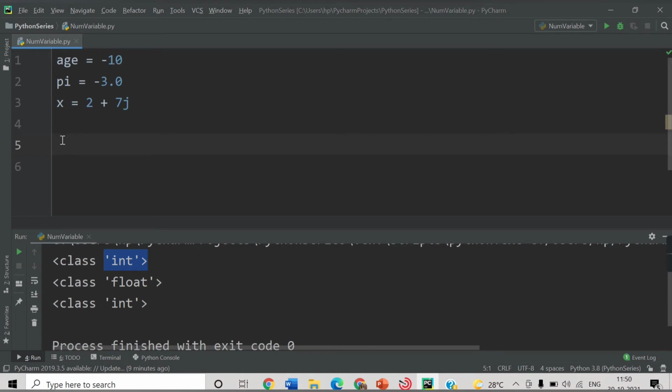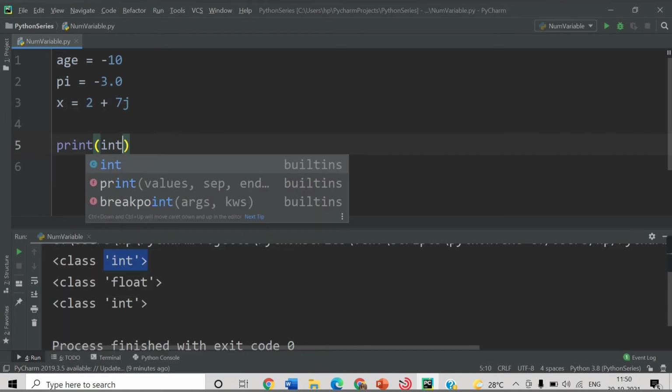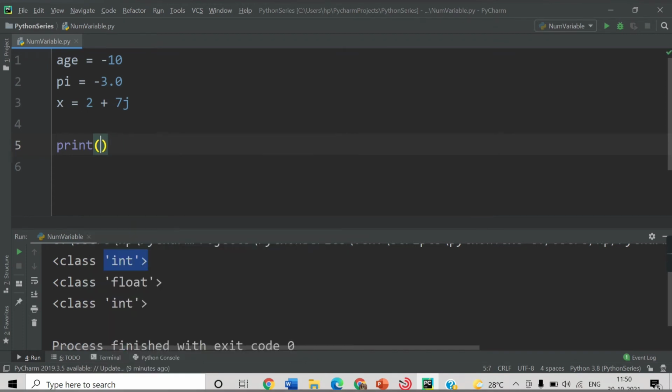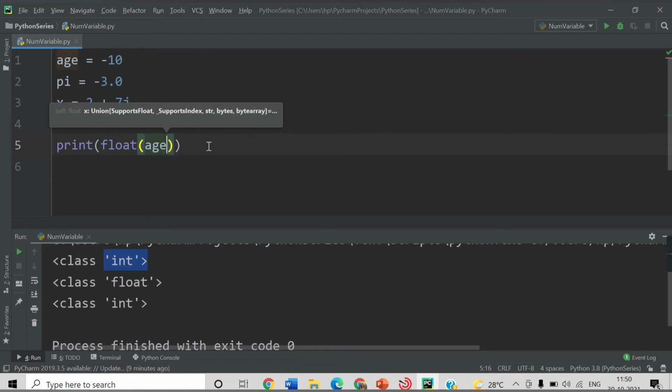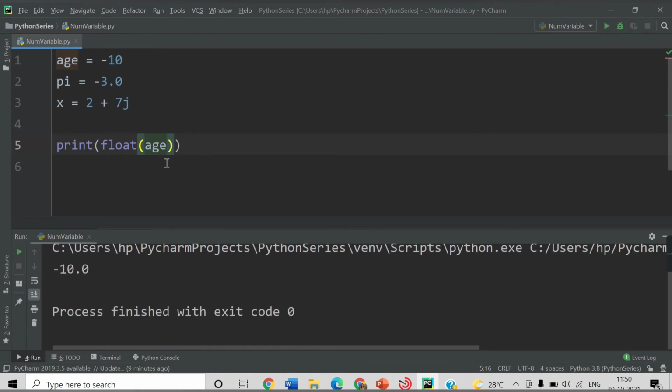So how can I convert this? I will print float and I will pass age. So let's see what we will get here. So see, now age has the value of -10, but I explicitly converted it to float, so that's why I'm getting -10.0. So the decimal point is being added here.